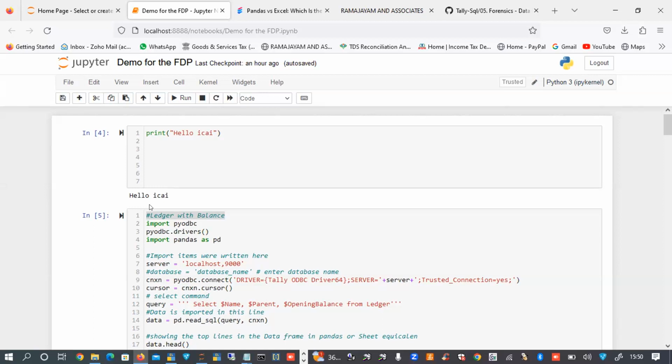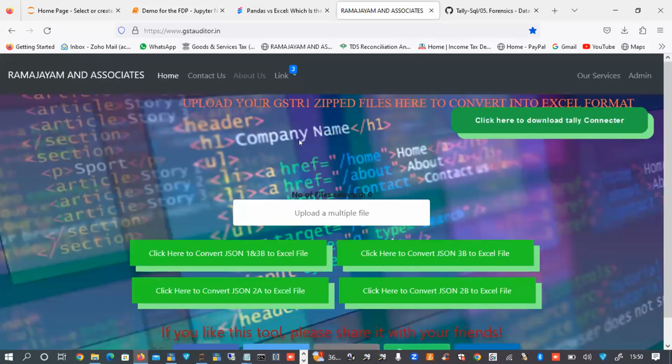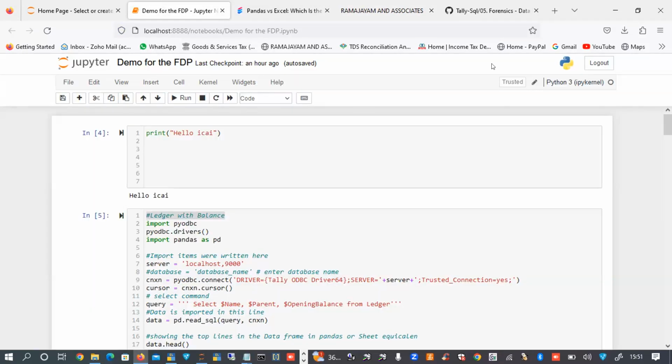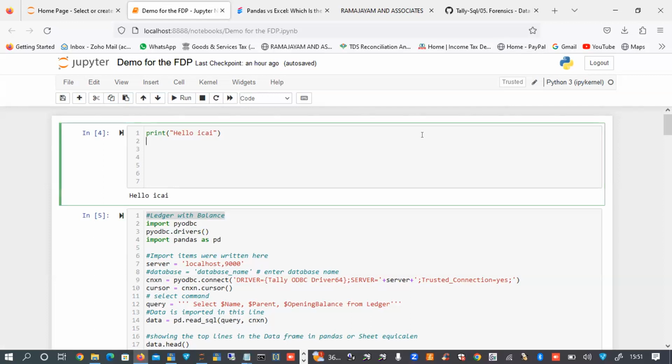Yes, sir. You have to use Python, you have to use Pandas, and you have to use something called Django to make it web based, to convert it into a web application. It will show you the balance. Okay, I'm using formulas inside Excel only. Can I call the formulas using Pandas itself? Yes, but you have to convert the entire Excel into a SQL database, and you can do whatever analysis you want.